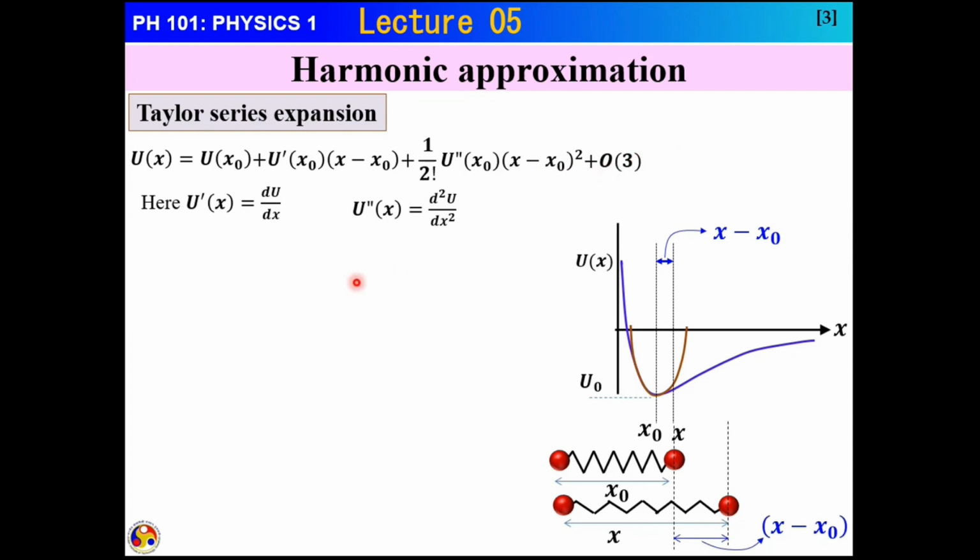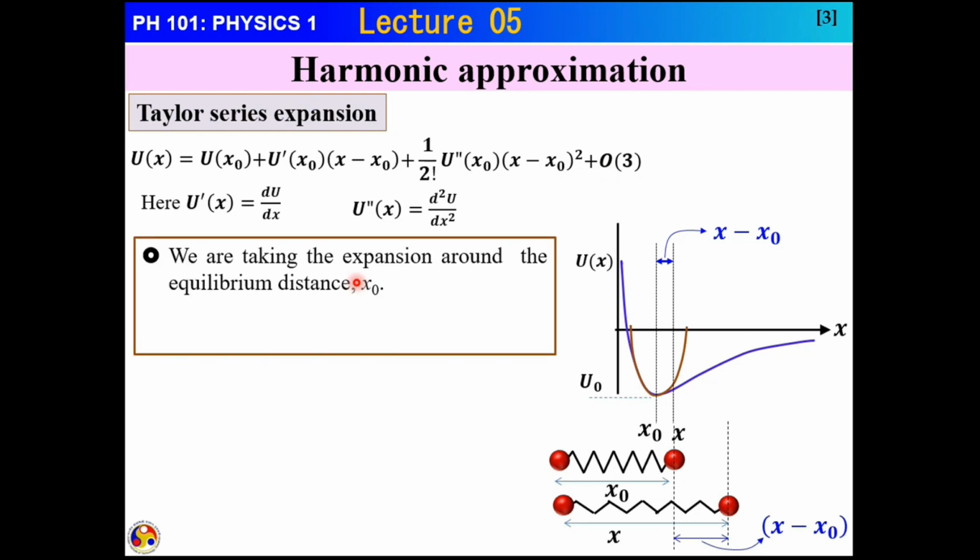So in this way you can expand. We are talking about expansion around the equilibrium position, which is here, x equal to x naught. This expansion is true for any point. For example, if you want to expand at x equal to x1, which is here, you can do so, there is no problem. Here it will be u x1, plus u prime x1 into x minus x1. But here you are expanding at x equal to x naught, which is the equilibrium position.